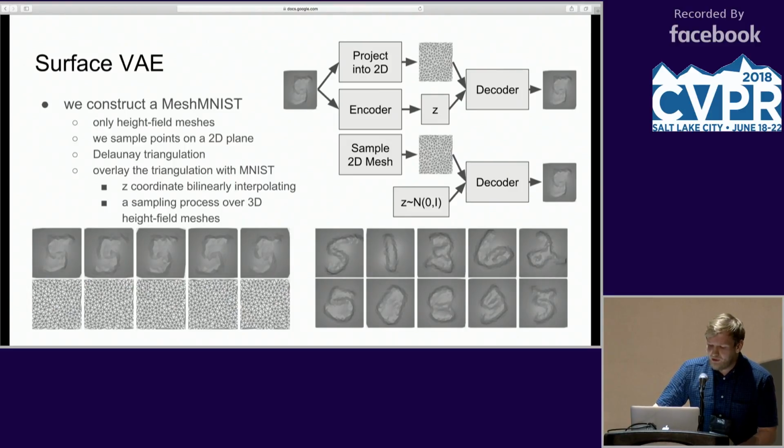The generative model consists of two parts. We take this 3D mesh and project it to 2D. And then we use an encoder to produce a latent vector. Then we decode it, taking the flat 2D mesh and the latent vector. As in the standard variational autoencoder framework, we have a reconstruction loss and a KL divergence between the latent vector and some